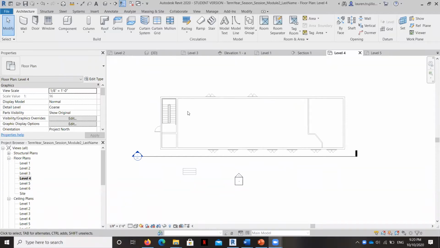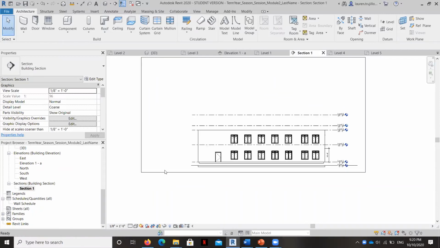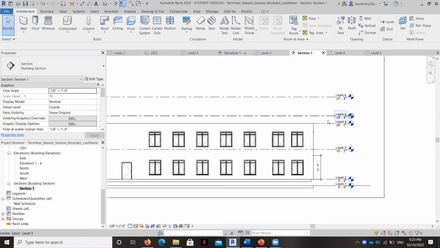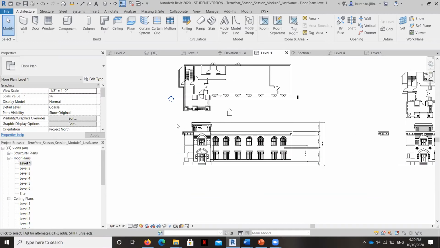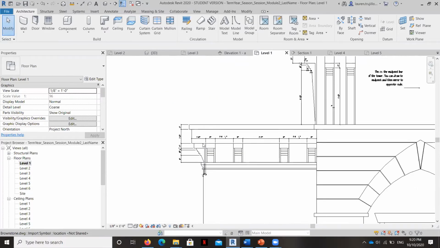In this video, I'm going to teach you how to draw a roof. Now, our roof is so incredibly boring that it will take you but a minute to draw. So what I want you to do is just refer back to the section here. The roof itself starts at level 4 and goes up to level 5. And it's so boring. It's just a flat roof that's 3 feet, 2 inches wide, and all the stuff that's